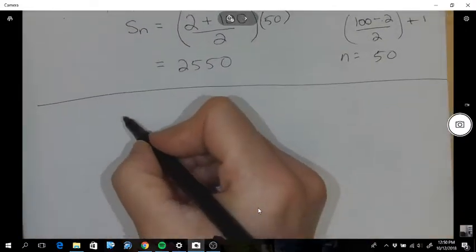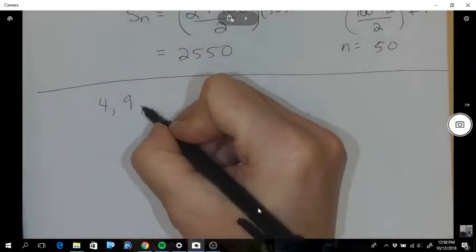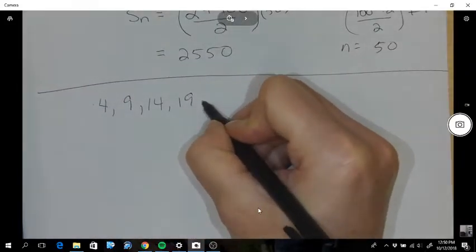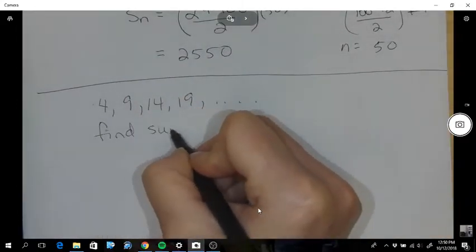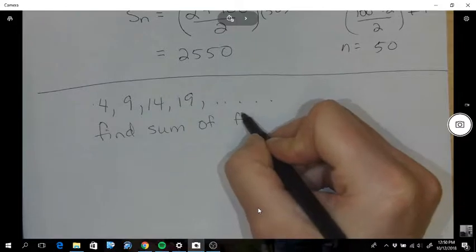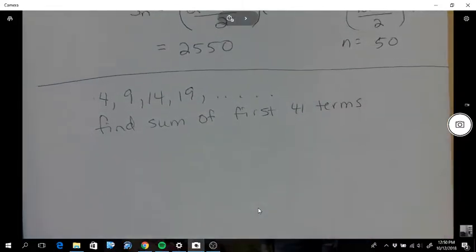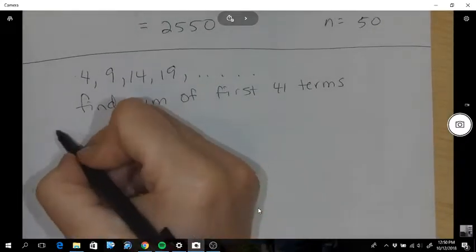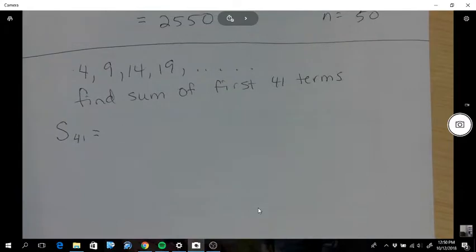Okay, let's try this again. We're going to go 4, 9, 14, 19, etc. Find the sum of the first 41 terms. So let's start this. The sum of 41 terms is,